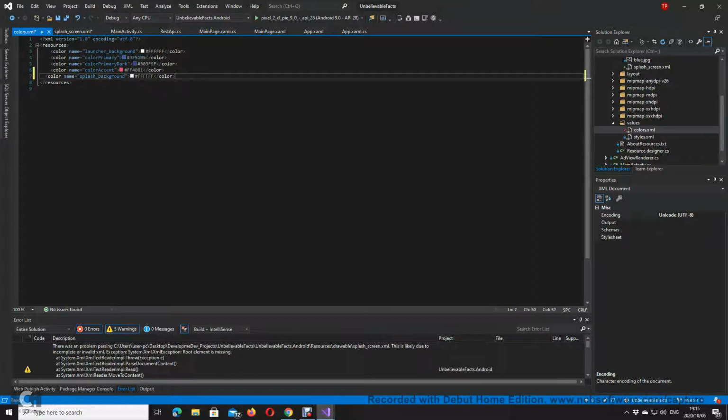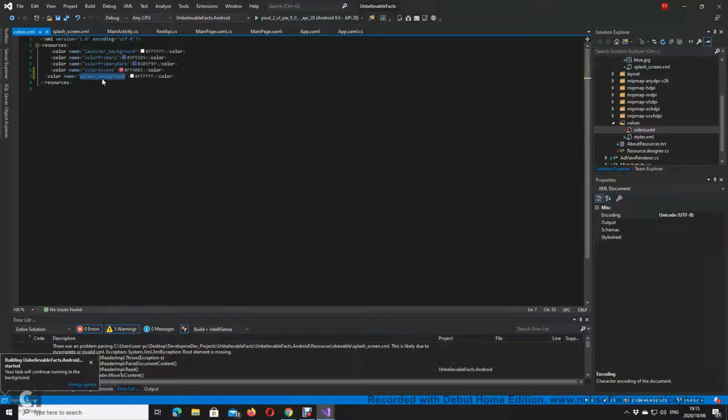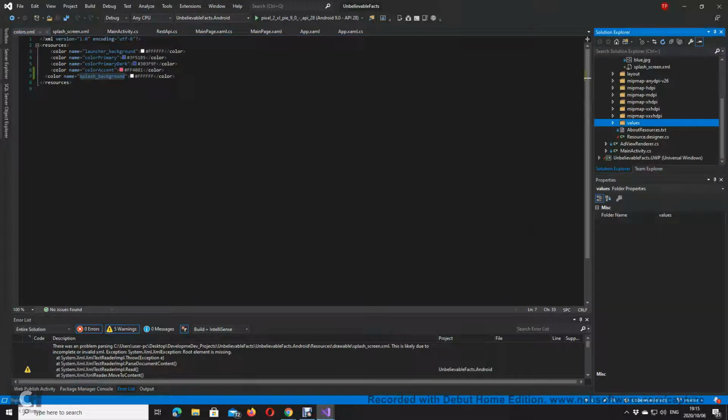Maybe you should just leave it white for now so you guys can see it. So there's my splash background, there's my splash green XAML. The background is basically the color that will be behind the image on your splash. So I've got that one part set out there. The next thing I've got to do is